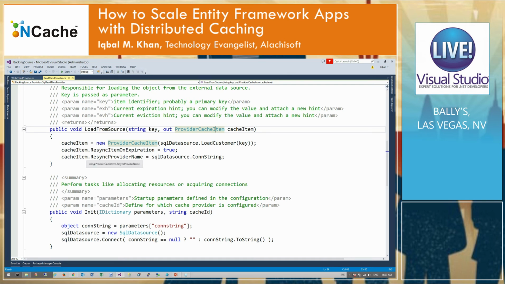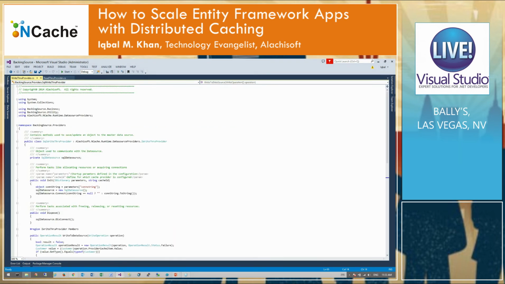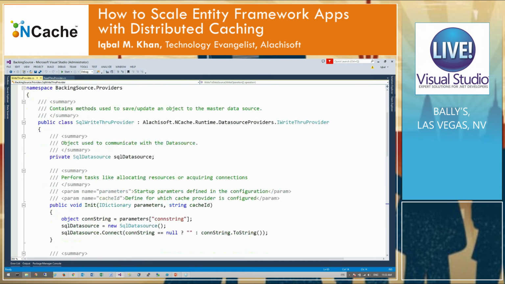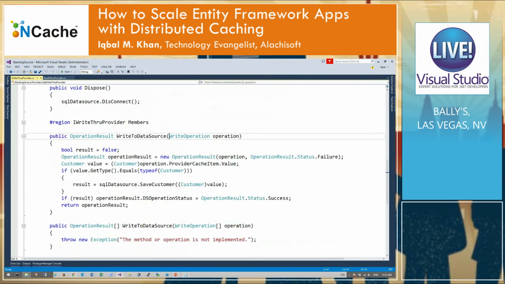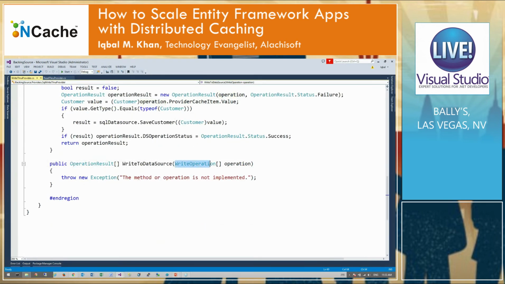Same thing goes with the write-through, exactly the same way. The only difference with write-through is that you could do a bulk update also. So the write to source could be just one operation, or it could be an array of operations. And if I were to come back here,